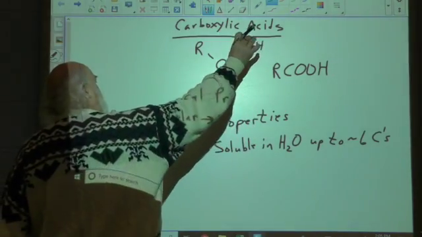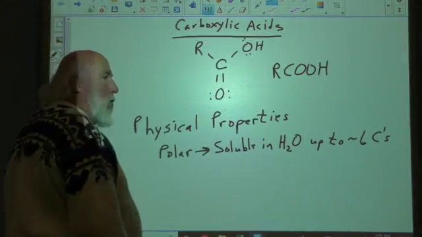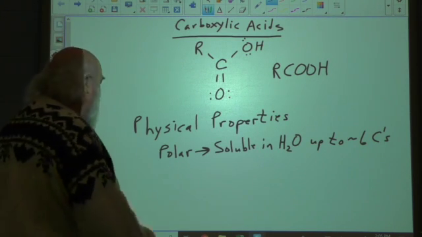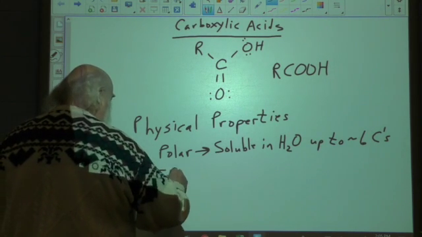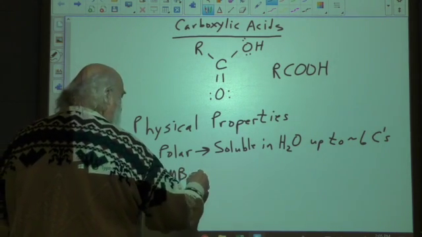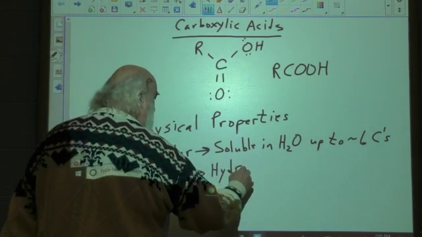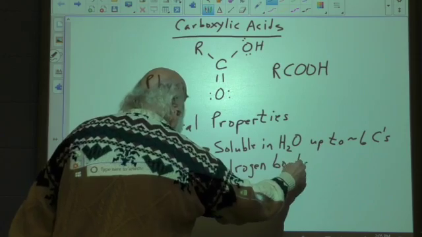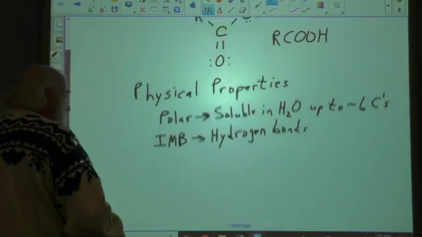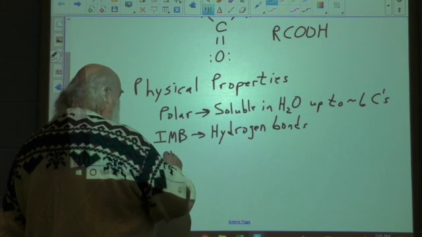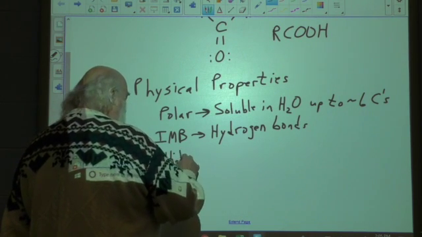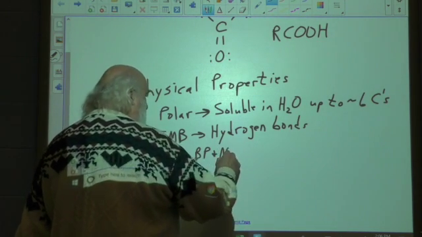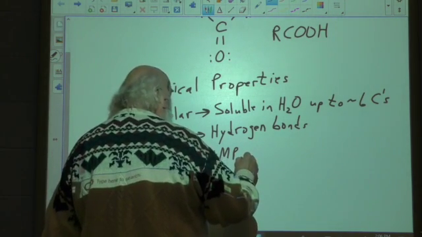The fact that you have an H here on the O is going to make this intermolecular bond a hydrogen bond. Which of course means it's going to be a strong bond, so it's going to be difficult to pull it apart. So that's going to give it a high boiling point and melting or freezing point, depending on how you look at it, and